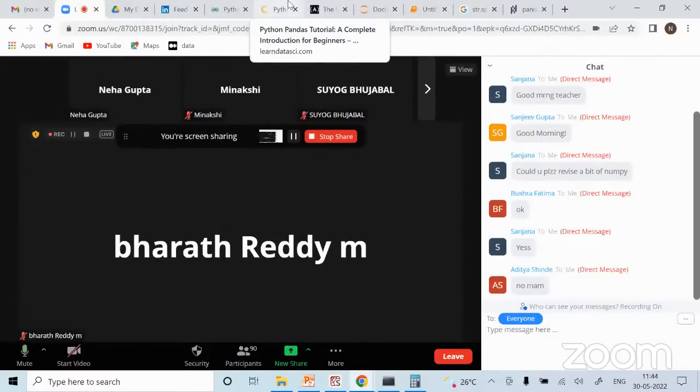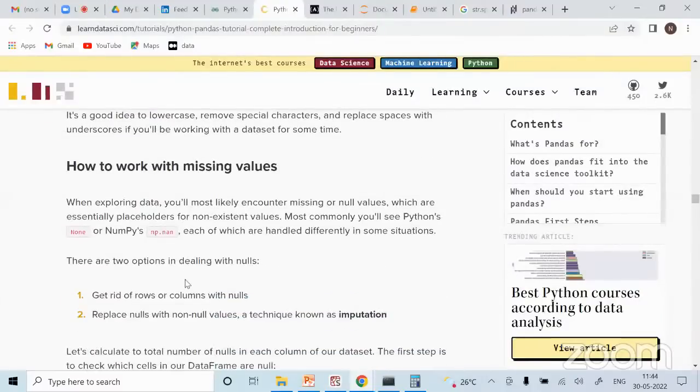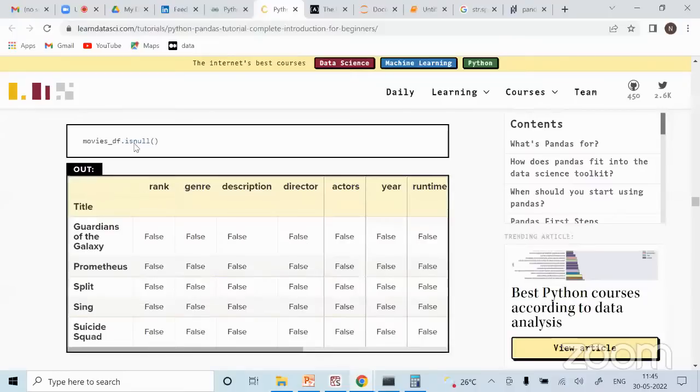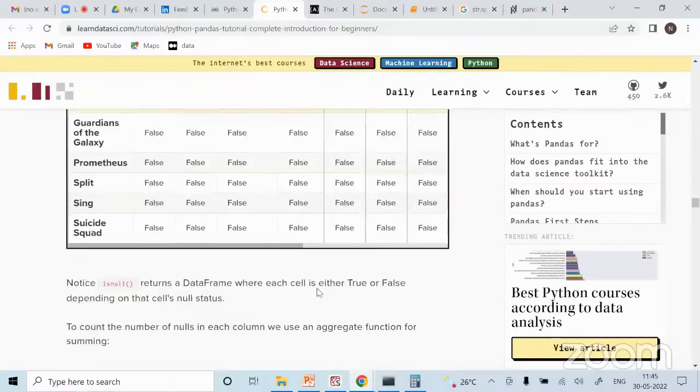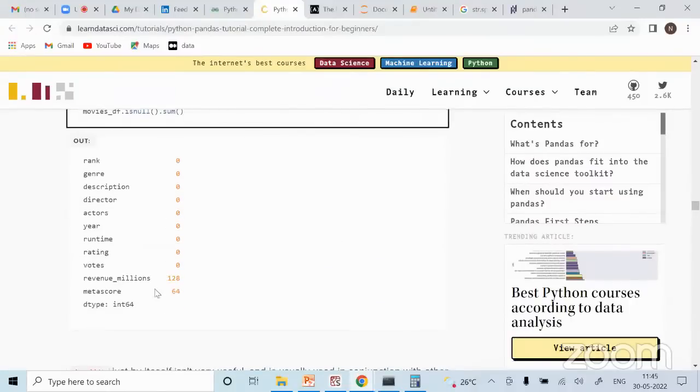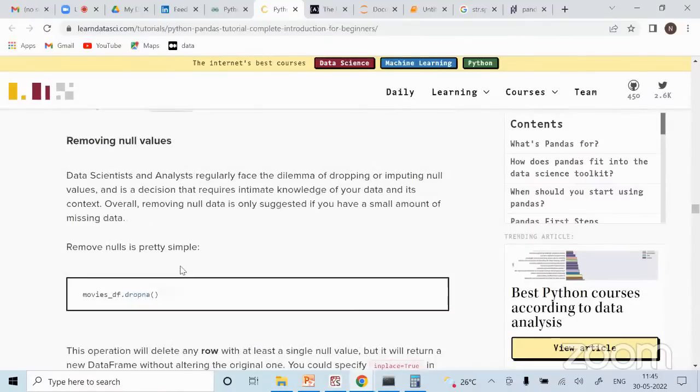Okay, hopefully it's clear. Then how do we work with missing values, right? So we already discussed. आप पहले check कर सकते हो isnull करके कि how many are there. So you can do sum also. It will tell you in total how many are missing. Row wise and column wise also you can get by simply giving axis equal to 1 and 0 like that. So it is telling you for each column how many are missing, right? How you can handle them, simply by